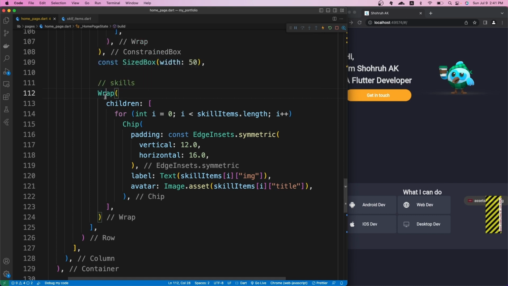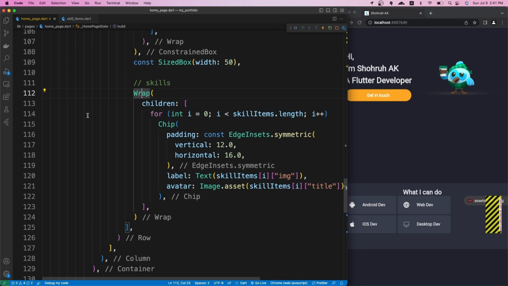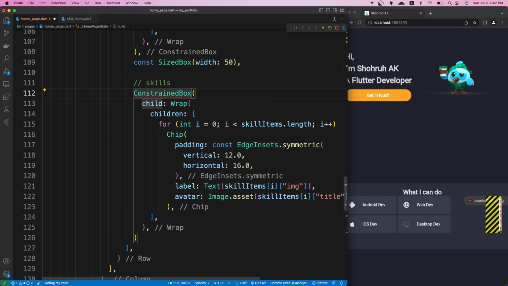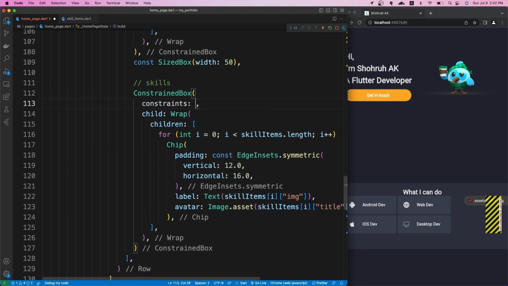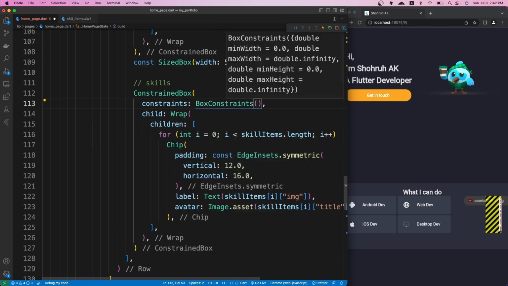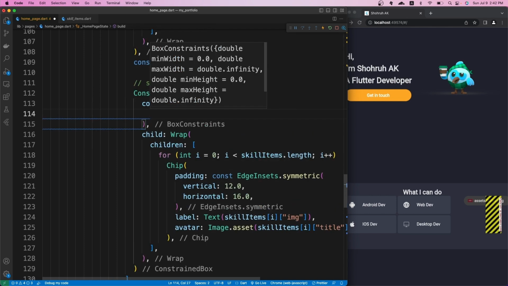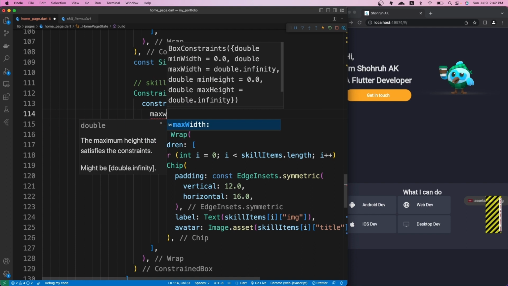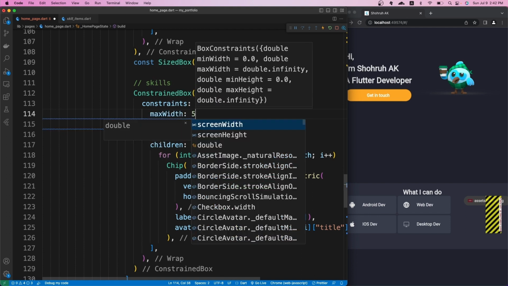So first of all, let's wrap it with constraint box. Let's do that. Constraint box. For the constraints, I want to give this max width like we did for the platform section on the left side. So max width of 500,